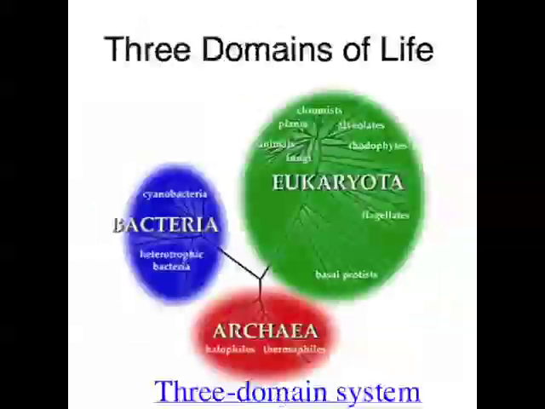Now, there's actually another way to classify organisms. Instead of using the 5 kingdom way, the other way is to use the 3 domain method of classification. The first domain is eukaryotes, so it's all the eukaryotic organisms on Earth: all of the animals, plants, fungi and Protista grouped into one domain, Eukaryota. The other 2 domains are all the prokaryotic organisms on Earth. In the 3-domain system, prokaryotic organisms are split up into one domain called bacteria, and the other domain